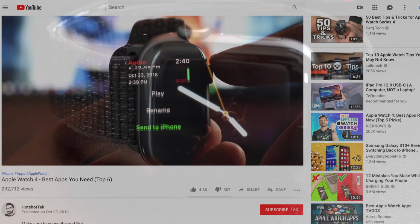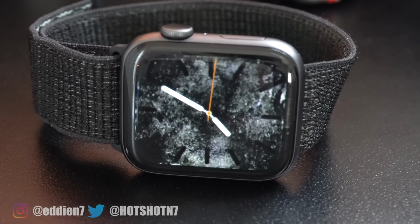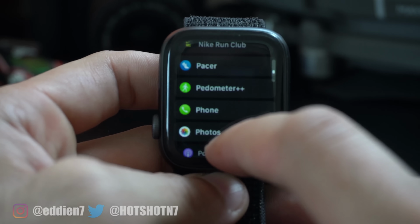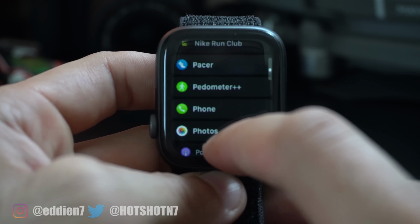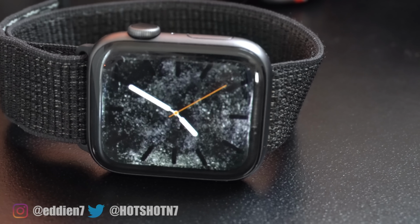So these are going to be my top picks of Apple Watch apps that I primarily use, and I would definitely recommend anybody else to also take a look at them. You'll probably get some really good usage out of this as well. This may be a long list of apps, so if you're in a hurry,